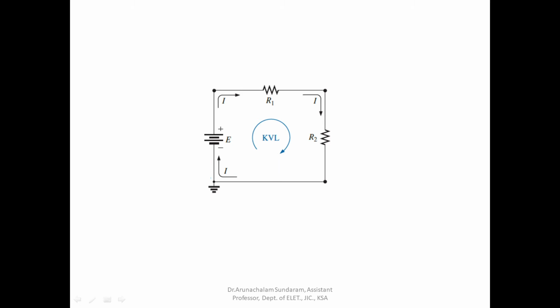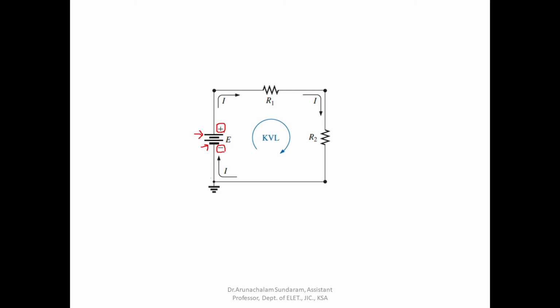Now look carefully. If you have to apply KVL, for each and every element you have to first mark the potential. Plus and minus signs should be marked for each and every element. For a source, it is obvious because the long bar is always positive and the short bar is always negative. So we can easily identify which point is positive and which is negative. As far as resistances are concerned, sometimes they don't provide you the polarity. If you don't have the polarity, you cannot apply Kirchhoff's voltage law.